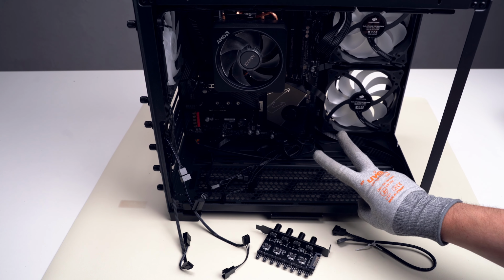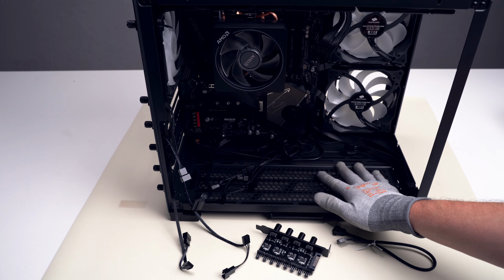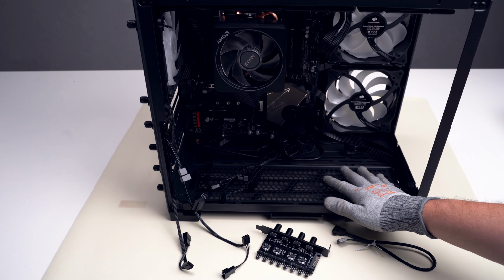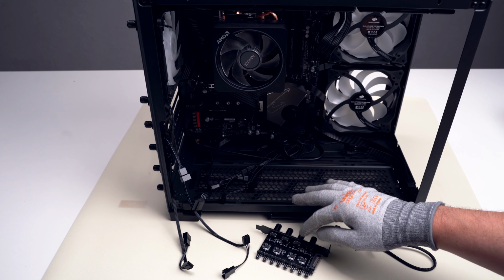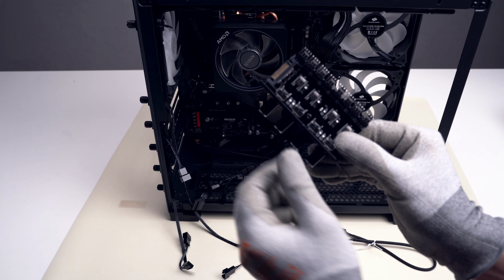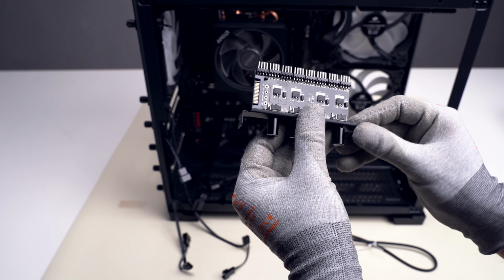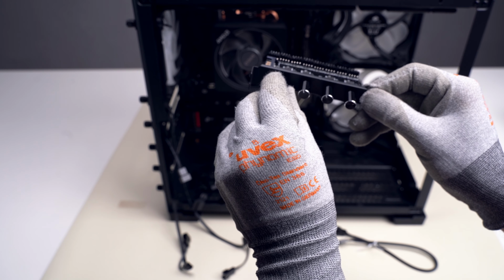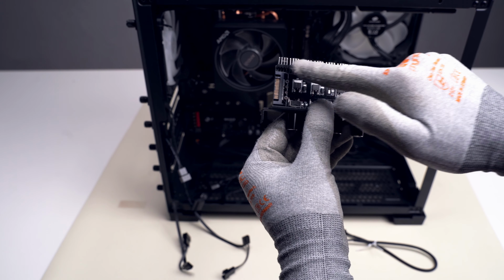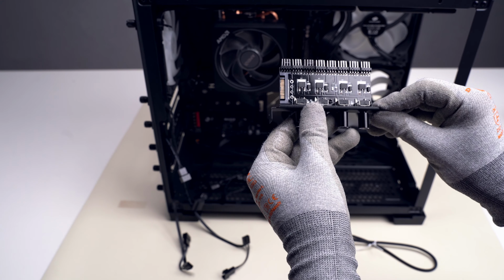Two more things that you might find useful when installing the fans inside this case, or actually trying to control their speed, especially if your motherboard doesn't have enough PWM fan headers, is considering using a fan hub, which will allow you to control the fans manually from outside the case, independently on any software, just using these controllers. It is SATA powered, so it has enough juice to control all of the fans. I found this on AliExpress for $7,